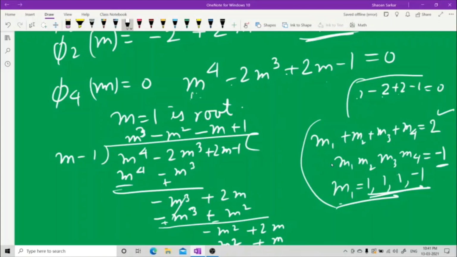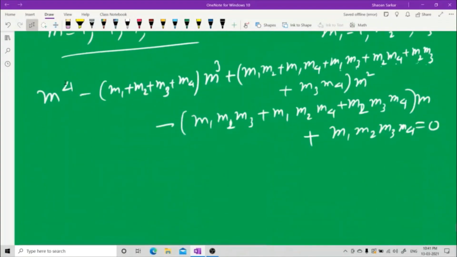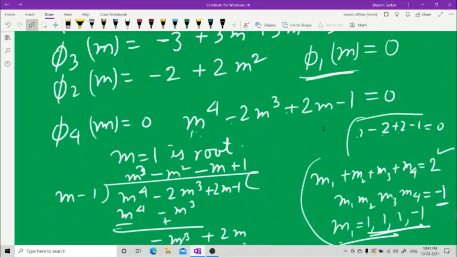So theory of equations must be very clear to you. समझने की कोशिश करो फिर से. देखो, मैंने क्या गलती किया, मैंने यहाँ पे प्लस 1 ले लिया था. Actually थ्योरी ऑफ इक्वेशन में ये होता है, फोर्थ पावर पे, सम ऑफ द रूट्स, प्रोडक्ट ऑफ द रूट्स टेकन 2 at a time, then प्रोडक्ट ऑफ द रूट्स टेकन 3 at a time, and then प्रोडक्ट ऑफ ऑल द रूट्स. ये प्लस साइन है, ये प्लस साइन है, और यहाँ this is a minus sign.